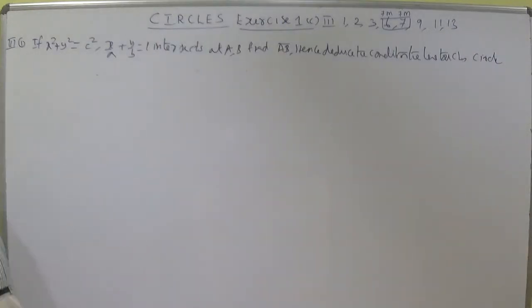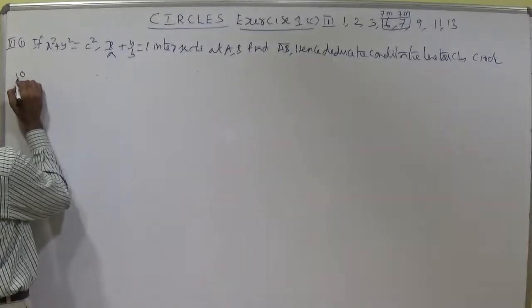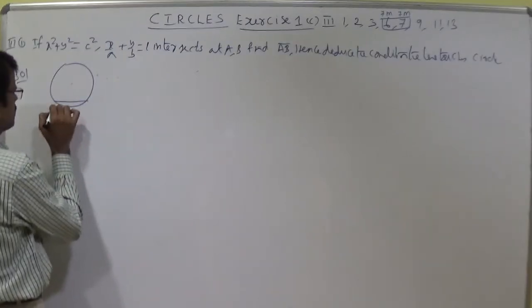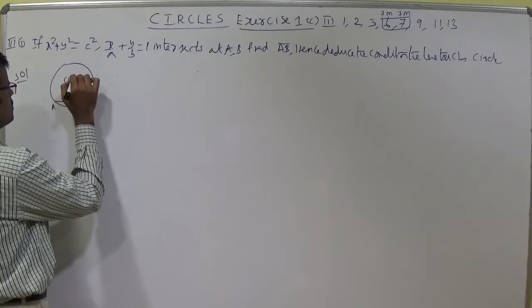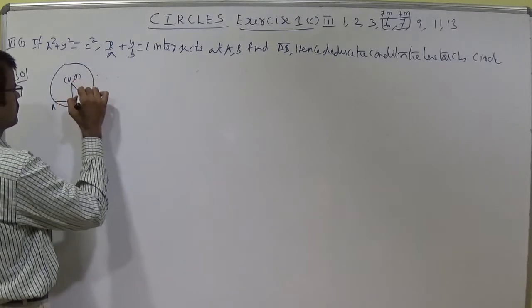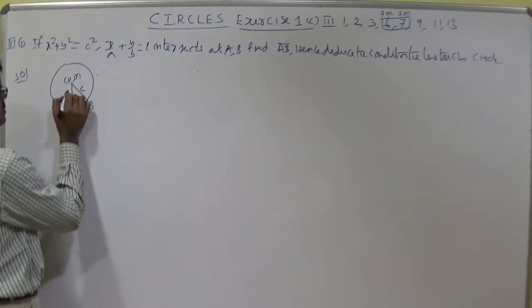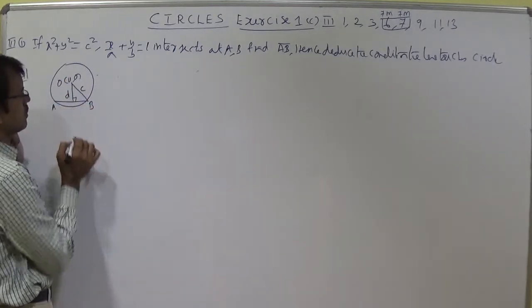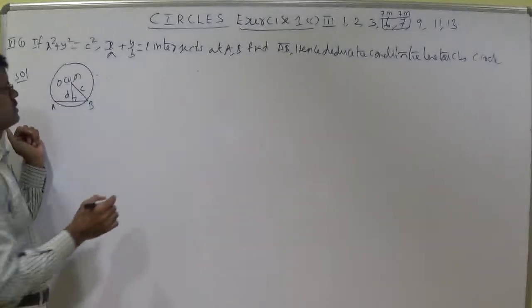A circle having center 0, 0 and radius c is given here. A line intersects the circle in two distinct points A and B. Here the center is 0, 0 and the radius is the distance from the center to any point on the circle. This is the radius, this is d, this is O. d means the perpendicular distance from the center to the line. So the given circle is x square plus y square equal to c square.